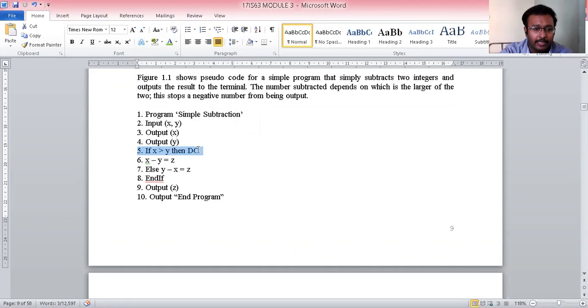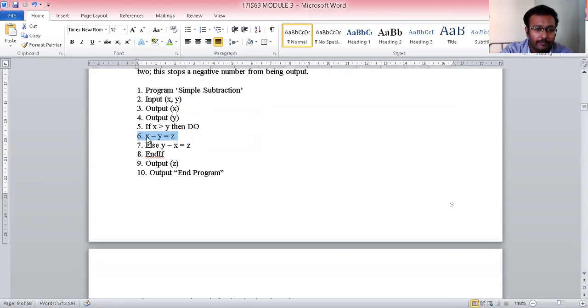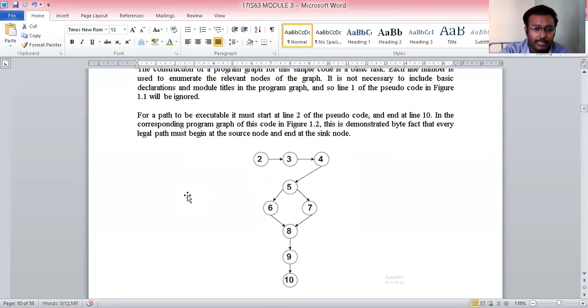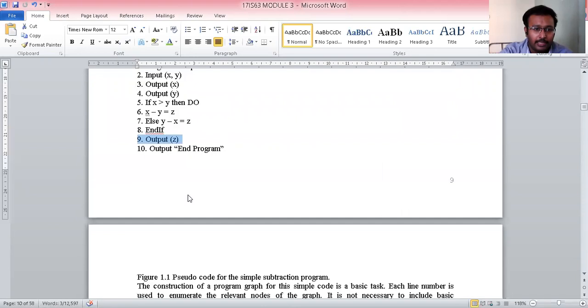Line number 5 is a decision making statement where you compare the value of x and y. When x is greater than y, you execute line 6. If x is smaller than y, you execute line number 7. Then finally you end the if statement, and line number 9 prints the value of z.